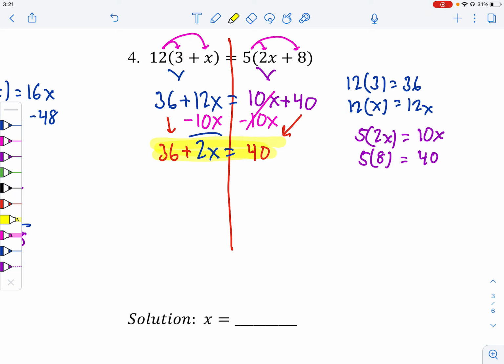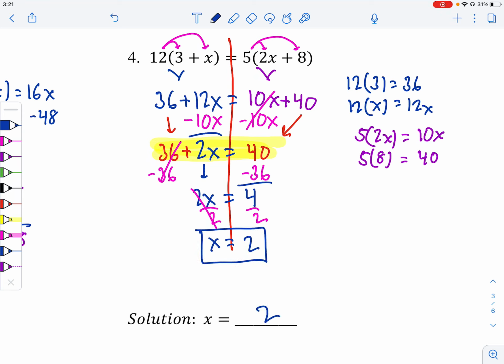Right, so we're going to subtract our 36 friends. We want to isolate our partner 2. 36 cancels. 2x comes down. 40 minus 36 is 4. Then we can divide by 2 to detach from our partner 2. x equals 2. Right there. So x equals